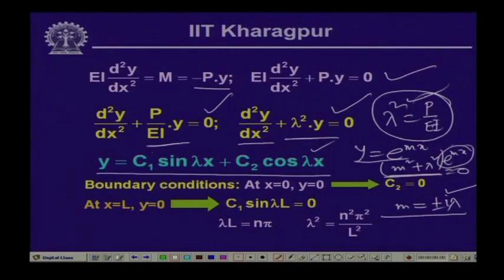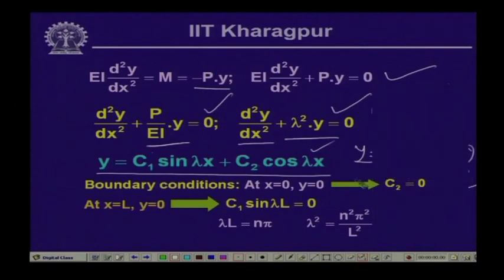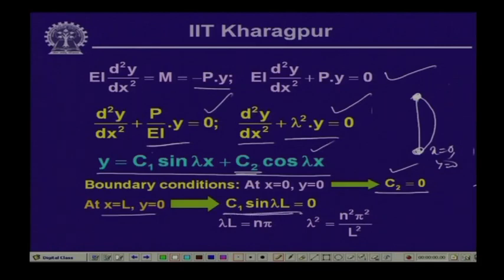Now, the boundary conditions which we have for this particular member: this member is pinned at both ends, so it is hinged at both ends. So, at x equal to 0, the deflection y is equal to 0 at this point, and that gives us that the value of C2 is equal to 0. And also at x equal to L, the deflection is 0, the deformation is 0 over here. So, at x equal to L, if we substitute y equal to 0, we get C1 sin lambda L is